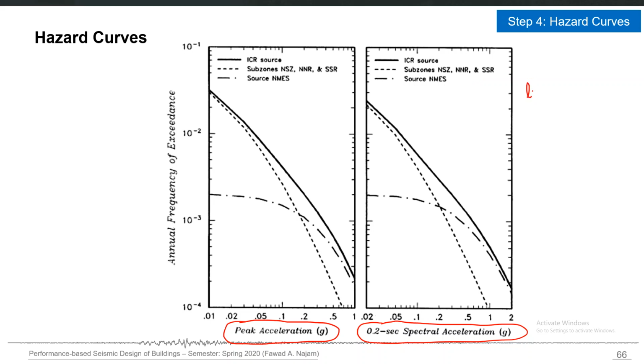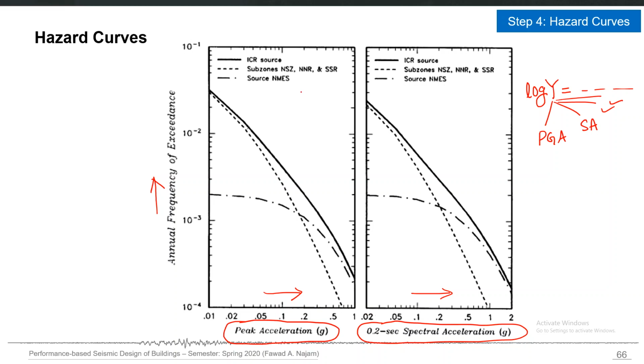So you have seen here that the general form of the GMPE was log y is equal to some functions of the magnitude and distance and faulting mechanism, etc. So this y can be PGA, but it can also be spectral acceleration and some other important ground motion parameters, and that we will discuss in the next session. So here you can see some example hazard curves which have the annual frequency of exceedance on the y-axis and the peak ground acceleration or spectral acceleration on the x-axis. So the curve can be plotted for any hazard parameter.